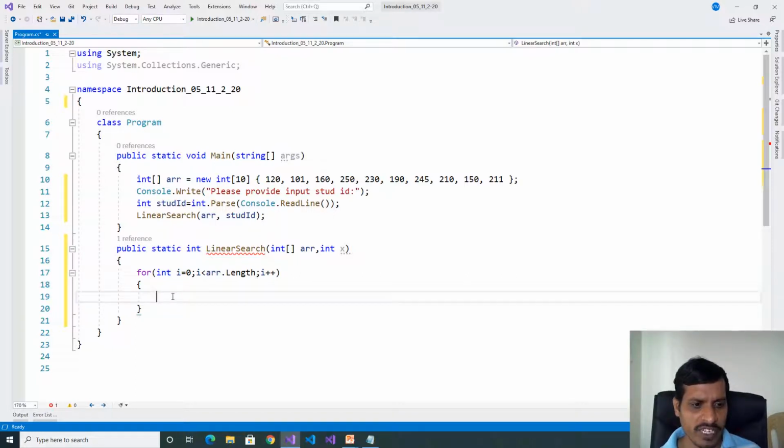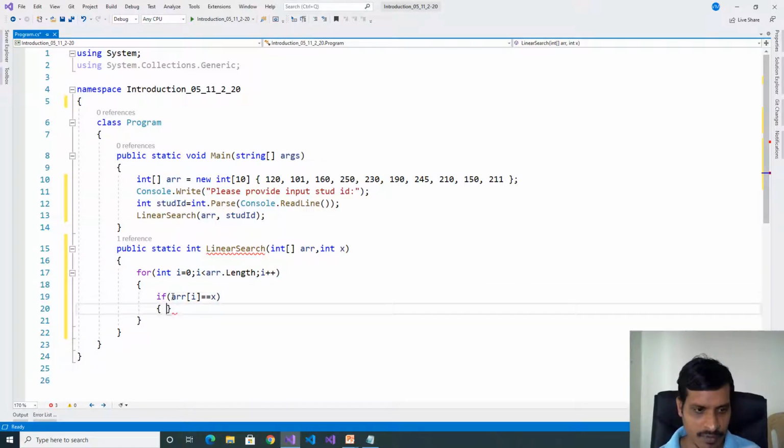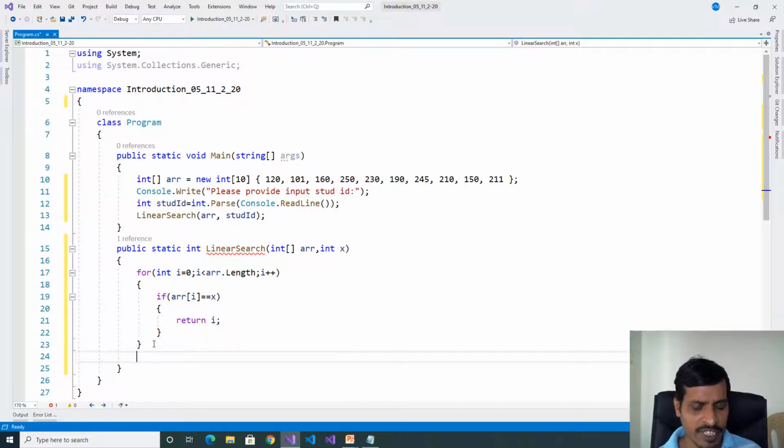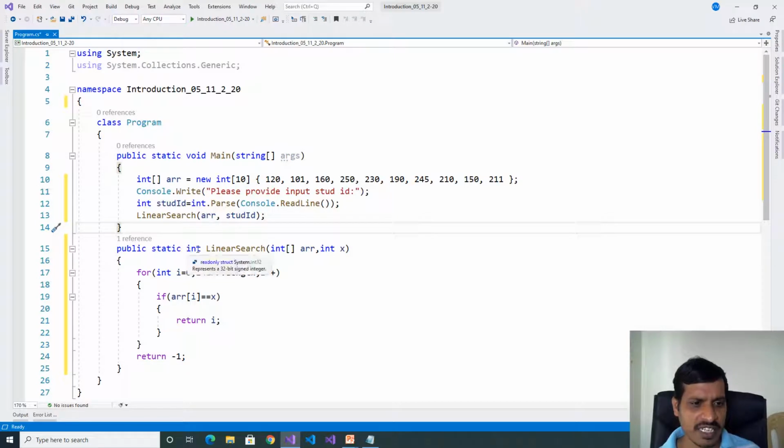Here we will use an if condition. If arr[i] equal to x, return index. If it's not found, then we need to return -1. Here the linear search function returns an integer.